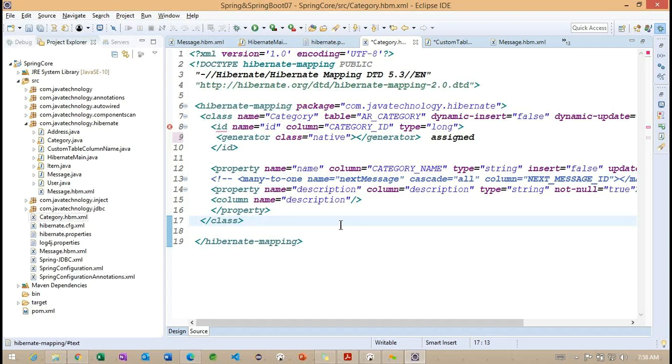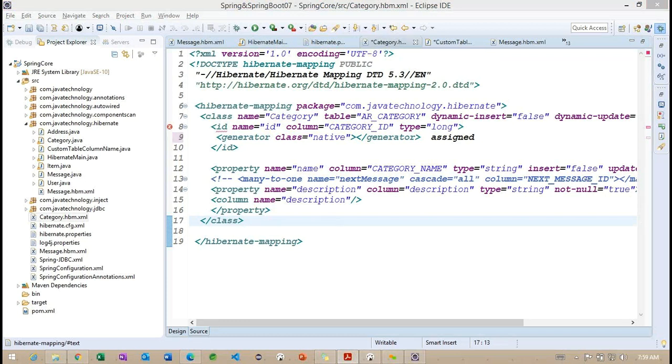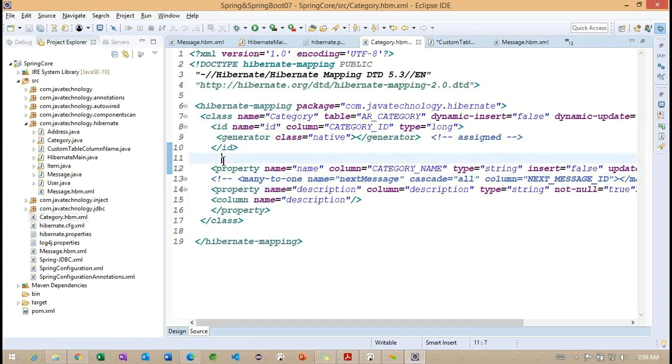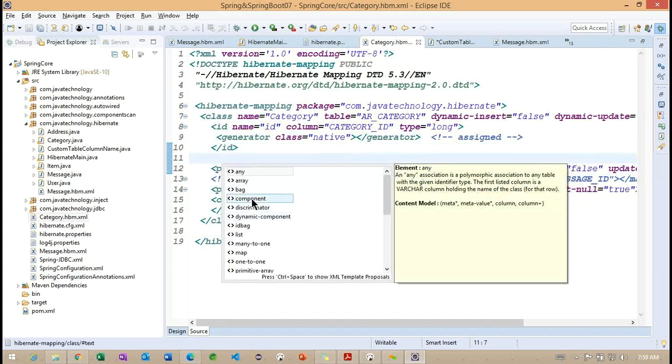But now what we need to understand is, instead of creating more classes, how exactly can we work with this kind of problem? We have one option for this class: we are going to work with the component. Using this component, we are going to create this section of information. Let me provide it. Now you can see we have the component here.